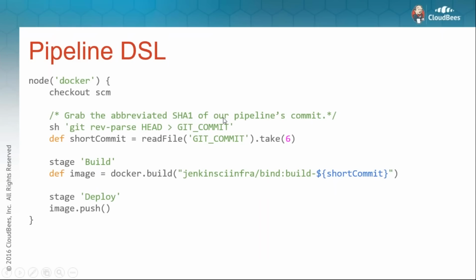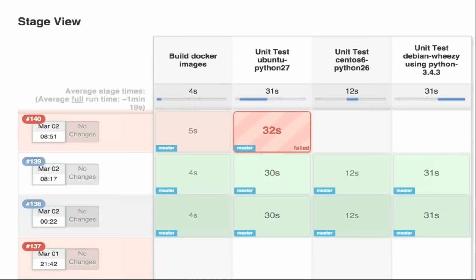So at the end of the year, last year, we released the Stage View plugin, the Pipeline Stage View plugin. This was something that CloudBees had developed before, and we released it in open source in December, I believe, or January. And this allows you to see those stages. So in the example we saw before, we had a build stage and a deploy stage. You can see here that we've got multiple stages here. We've got build Docker images, unit tests